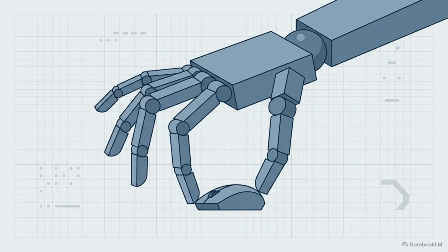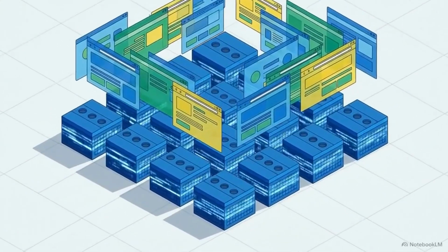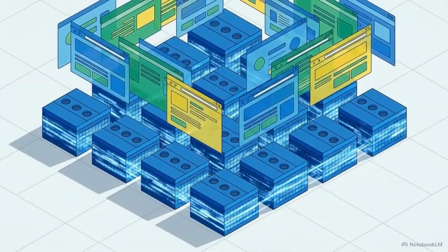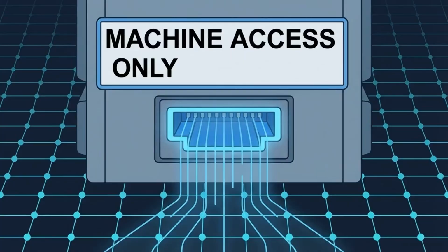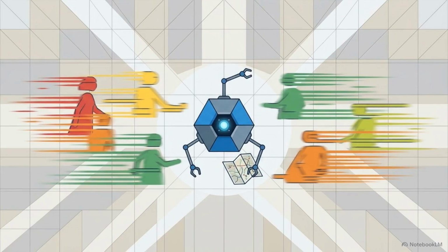build AI agents. They argue that instead of forcing artificial intelligence to squint at human interfaces, we need to construct a parallel internet layer entirely for machines. They call this concept an agentic web interface, or AWI. As long as algorithms operate as clumsy tourists navigating a digital world designed for human senses, they will never achieve